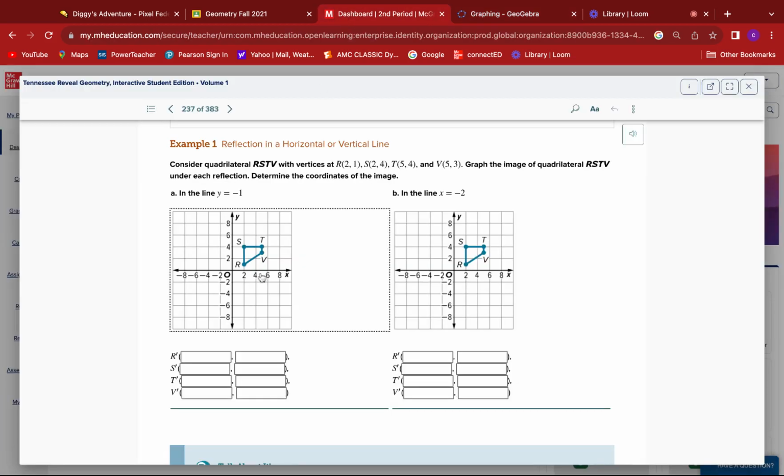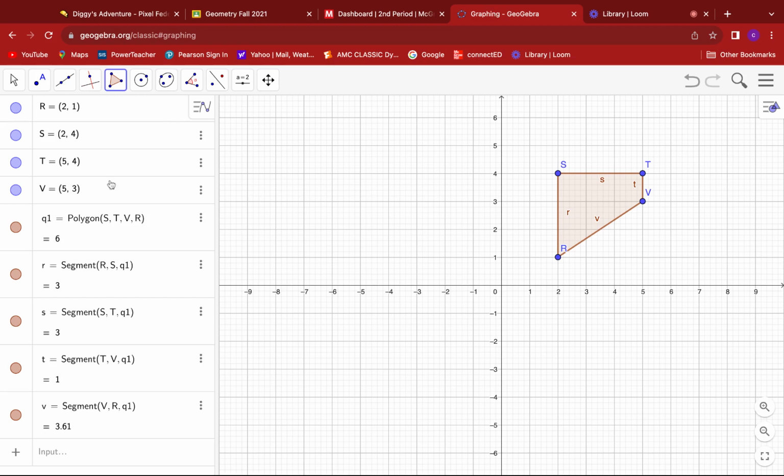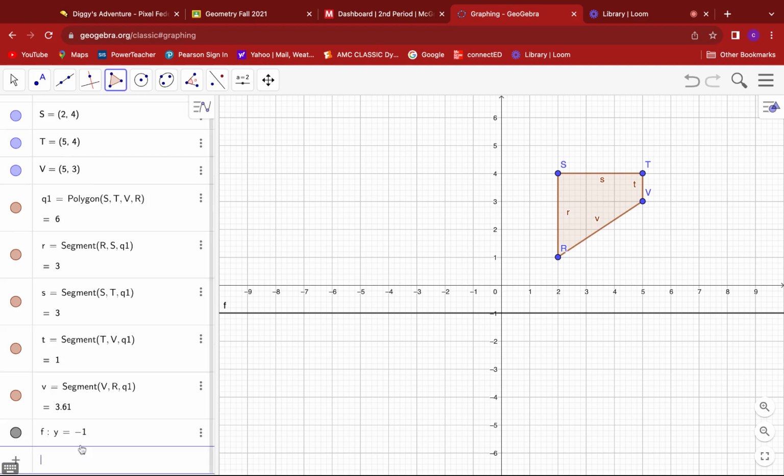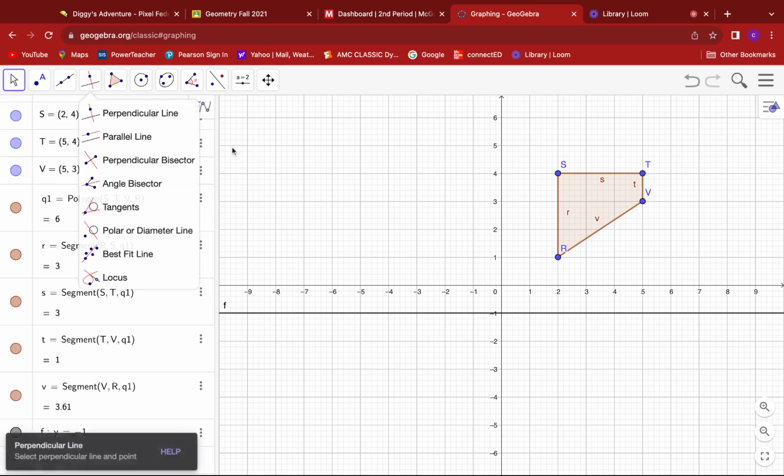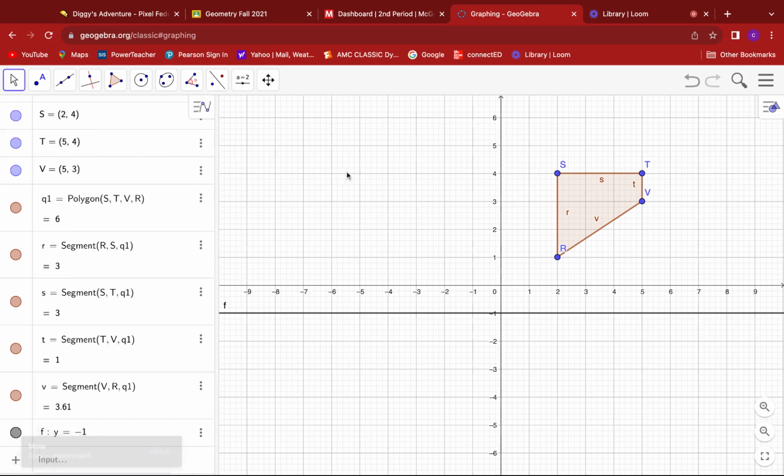All right. So I need to draw my line y equals -1. This is a horizontal line at -1. All right, there it is. Y is -1, and it's horizontal. Now they want me to reflect across this. Well, for you visual people,